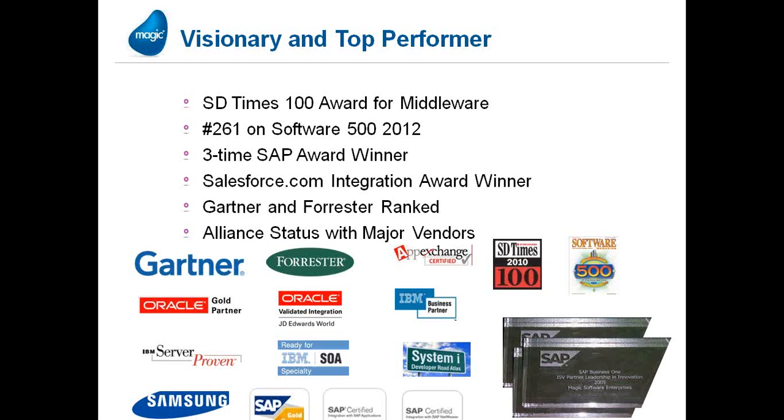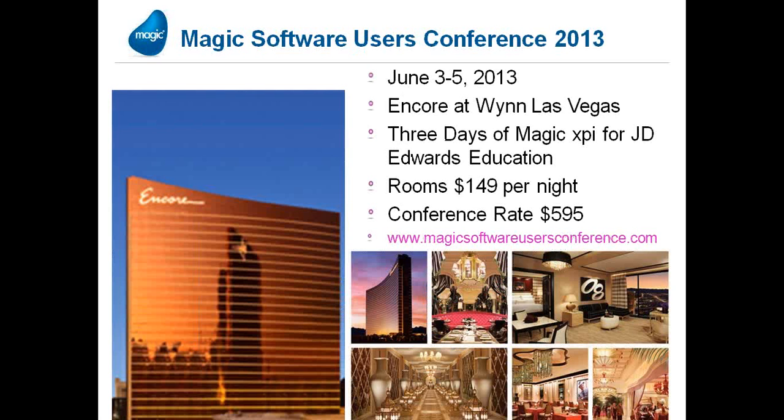These kinds of alliances have been going on for our entire existence, and we are able to act as Switzerland, if you will, as a neutral player in the technology industry that's capable of integrating with Microsoft .NET and Java, with legacy technologies, and web services and service-oriented architecture and cloud integration and mobile technologies. The ability to bridge the gap is becoming increasingly important to customers around the globe.